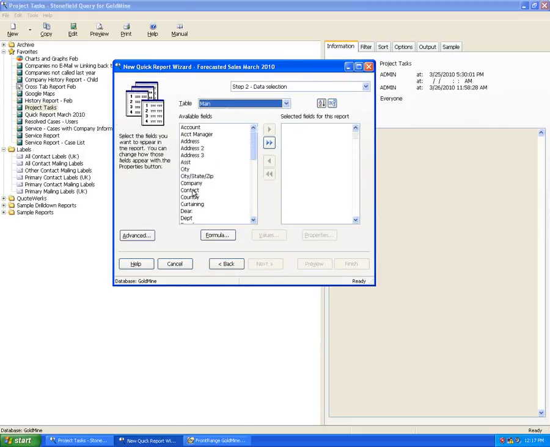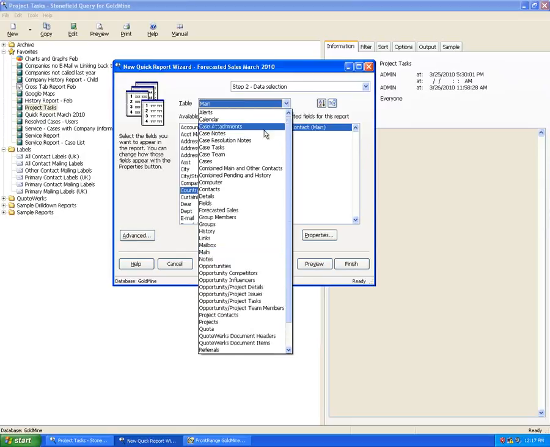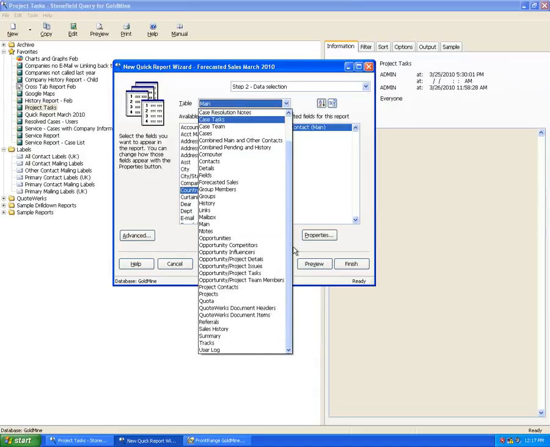Now here I can grab any information I want. I'm going to grab just my contact from the main table. You can see that you have access to all areas of GoldMine right from your calendar to your case information, all the way down to your opportunity information, as well as QuoteWorks. So any of your customers that have QuoteWorks could immediately begin pulling reports with Stonefield Query